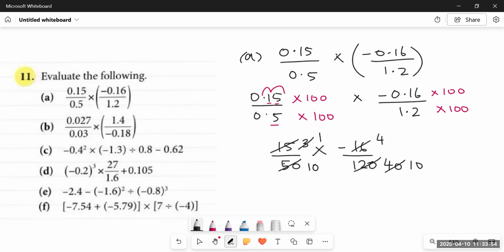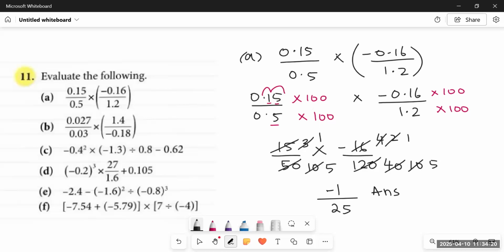So now we can simplify it further with 2, 4 and 10. 2 2s are 4, 2 5s are 10. And again, 2 1s are 2, 2 5s are 10. So in the numerator, we are only left with minus 1. 1 multiplied by minus 1 is equal to minus 1. And in the denominator, we will have 5 5s are 25. So this will be the final answer.